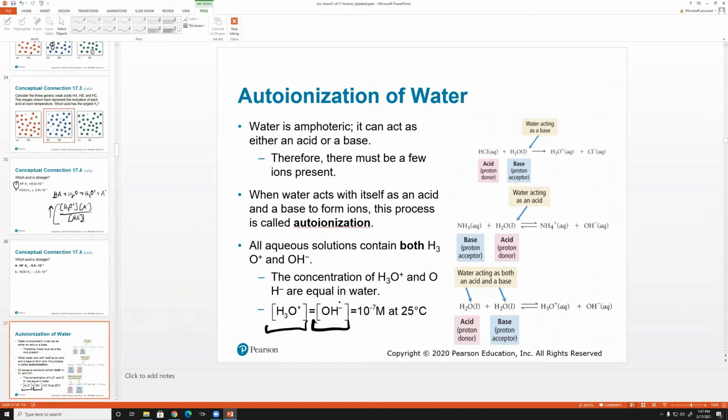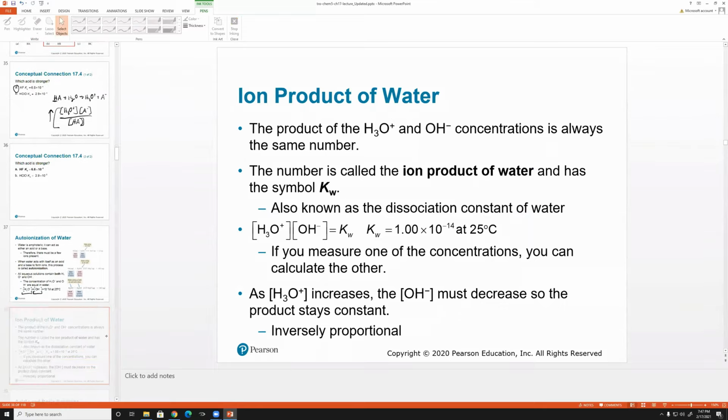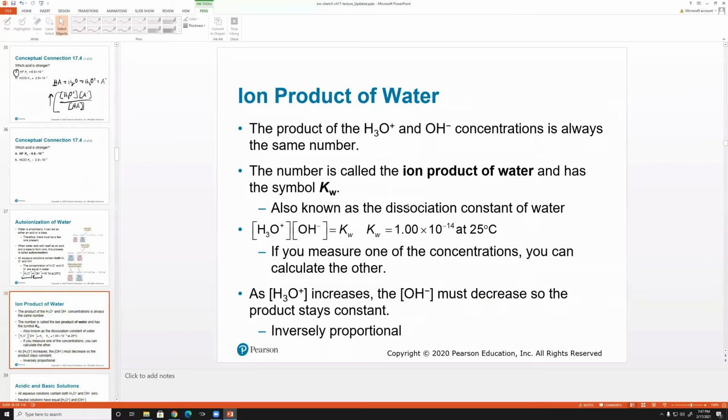And if you multiply them together, so the concentrations together, 10 to the negative 7 times 10 to the negative 7, you get 10 to the negative 14, which is a global constant for ionization, which we have right here. So we have our Kw. It's always the same number. The ion product of water has a symbol called Kw, and it's the concentration of H3O plus times the concentration of OH minus in any solution